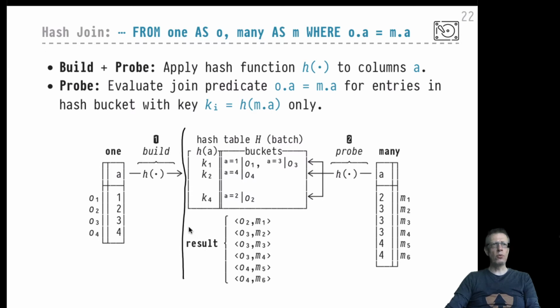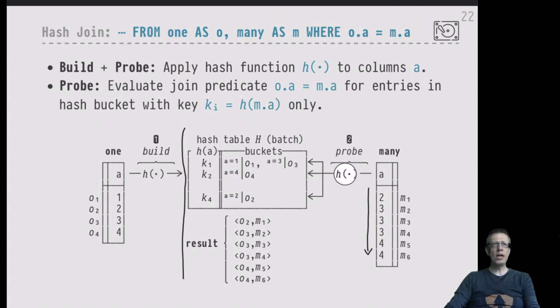So now everything to the right-hand side of this dividing line will be relevant in the probe phase. In the probe phase, we will scan the probe input, and we will scan it only once. Okay, if we read the row M1 here, then of course we will use its A value, place it inside the same hash function H, and this hash function will distribute the row, or will route that particular row M1 to, well, based on the value 2 here, it will route it to this hash bucket in which we have already